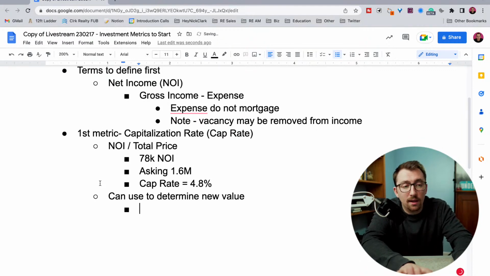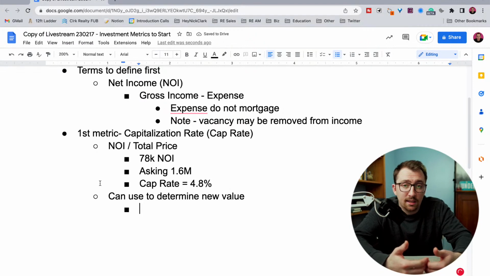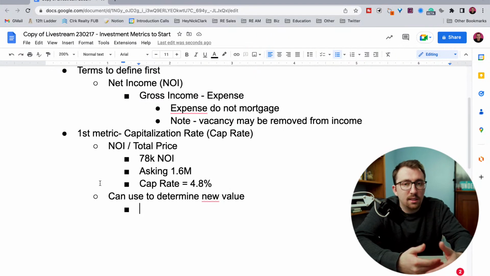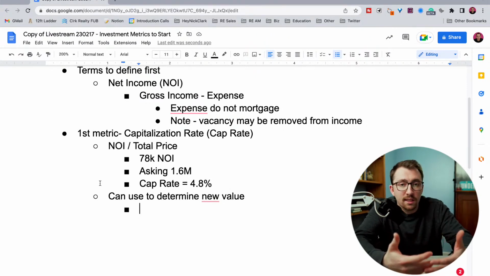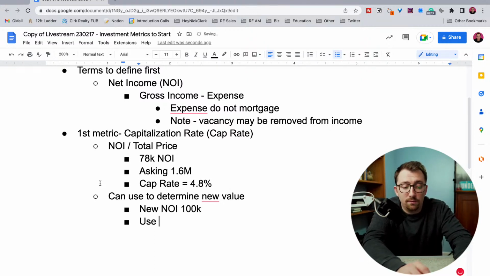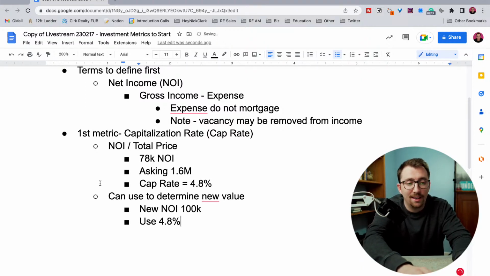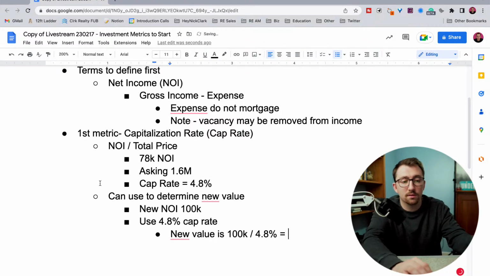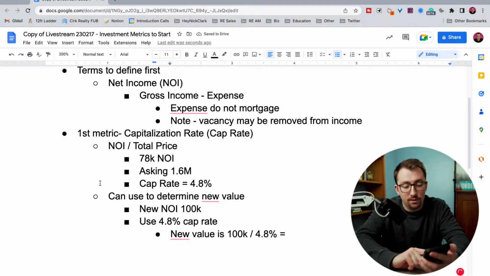Thank you, autocorrect. So if you were to take the net income, for example, this building was 78,000. If you were able to raise the rents, raise the income, lower the expenses, say to 100,000, and then you use the 4.8 cap rate. Sorry, this is hard to talk and type. New value is 100K divided by 4.8%, which equals, I should be able to do that in my head, but